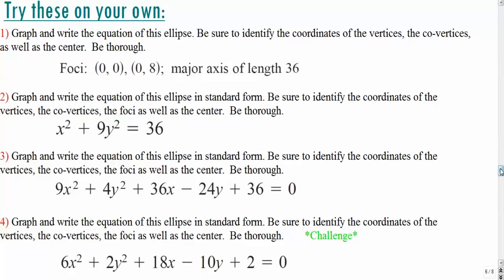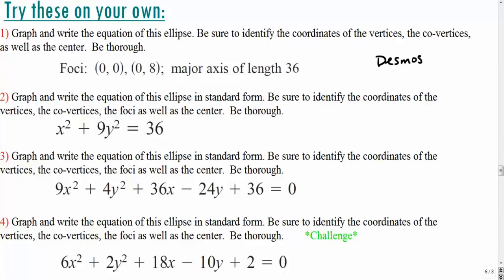Alright, now it's time for you to try some on your own. So here's what I want you to do. I have 4 problems for you. Each one asks you to be very thorough and graph, write the equation, identify all the missing points, the vertices, the co-vertices, the foci, the center, and graph them, all that stuff. First three are pretty straightforward. Number 4 is a little bit of a challenge because it has a lot of fractions in it, but at this point, pause this and go through each one of these, see if you can come up with all of the missing pieces. And I'm going to present all the answers in a second, but remember,